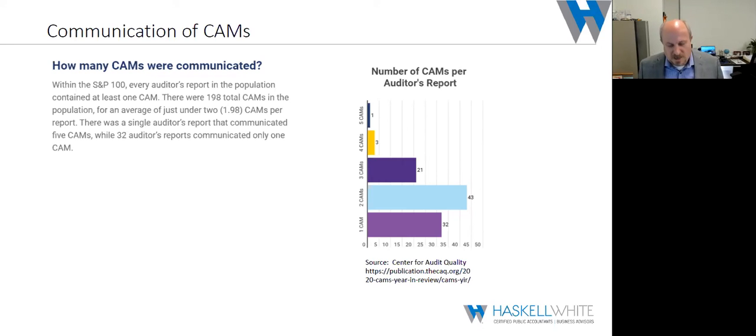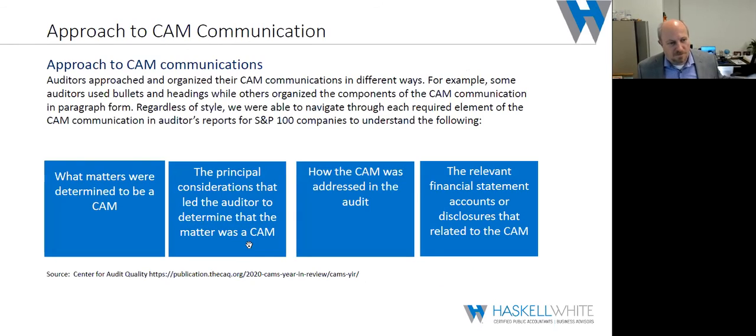So as far as communicating CAMs in the auditor's report, they take various shapes and forms, and from an example standpoint, you could go look at Microsoft, you could look at Apple, you could look at any large company, Ford, GM, et cetera, that's out there, and you'd see the various firms' methodologies for reporting the CAMs. Some have done them in a very bullet point type effect. Some have written full paragraphs. But in all cases, what they've had to do is cover these four boxes here.